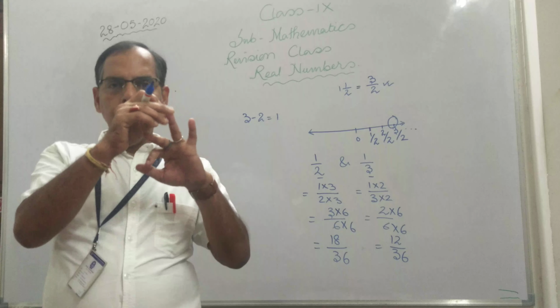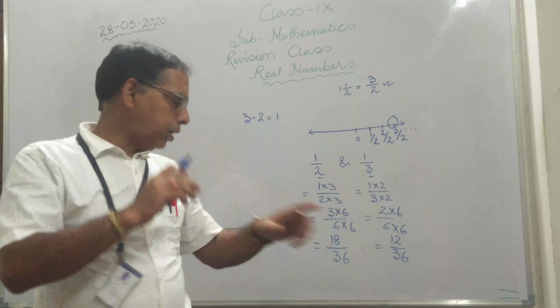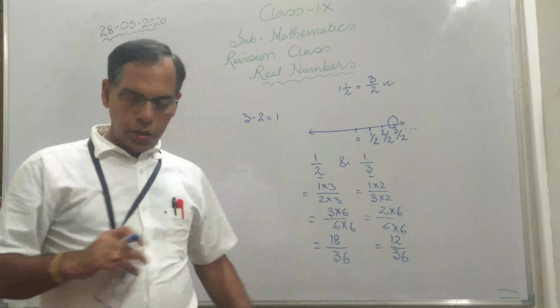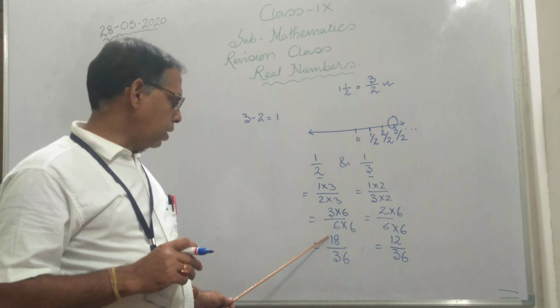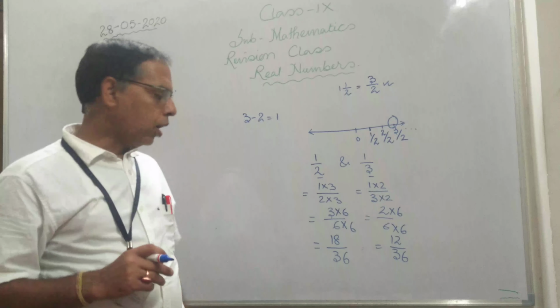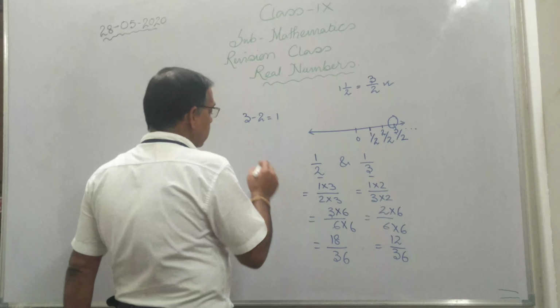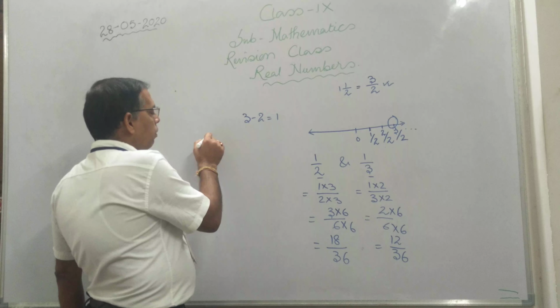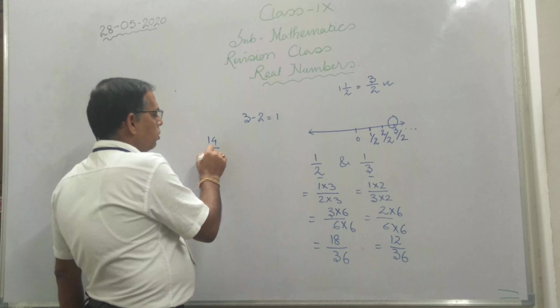13, 14, 15, 16, 17. And in between these two, in between 18 and 12. So ultimately what are the required numbers? Required numbers are 14 by 36,